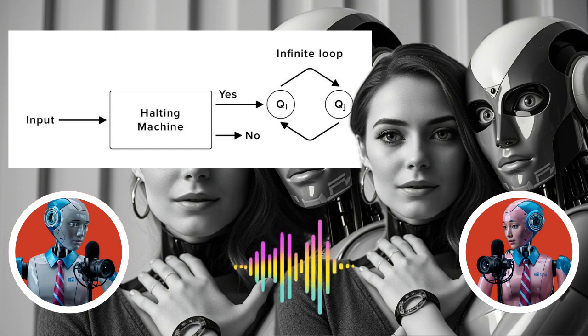What else is there? There's one more fascinating twist we need to talk about. Imagine a machine. Let's call it an oracle machine. It can magically solve the halting problem for other machines. Okay, so like a super intelligent machine that can look at any other machine and just instantly know if it will halt or not. Right. But can this oracle machine figure out its own fate? That's a good question. And the answer is a resounding no. Even a machine with this almost magical ability to solve the halting problem for others still can't determine if it itself will ever halt. Wow.